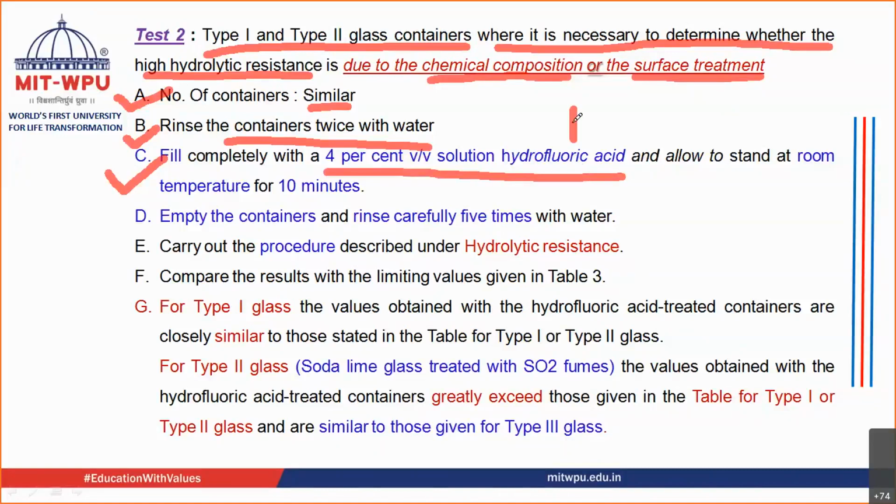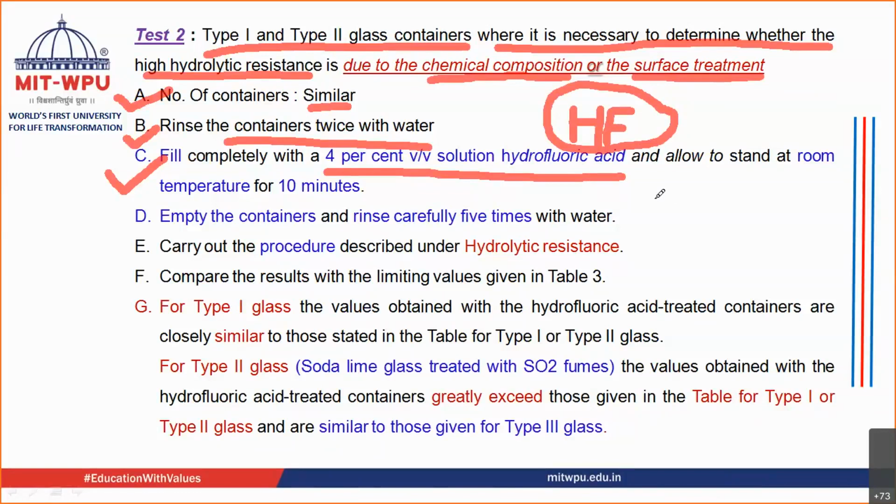Now, why are we using hydrofluoric acid solution for this test is the question, right? Hydrofluoric acid is used because hydrofluoric acid